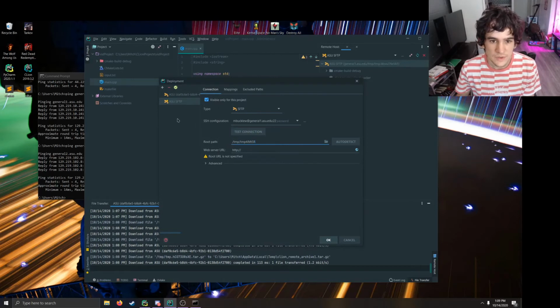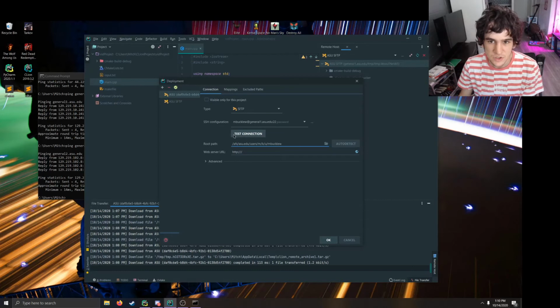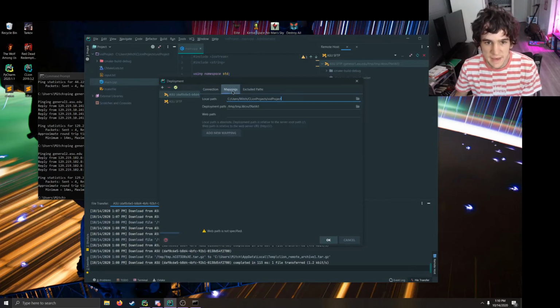So what we're going to do now is, here's the actual deployment I'm using for the project. We can click there to make it the default. Then what we're going to want to do is simply auto detect the root path. You're going to see it fill in my general user folder. This isn't really going to change anything except making it easier for you to access this deployment folder. Then if we go to mappings here,